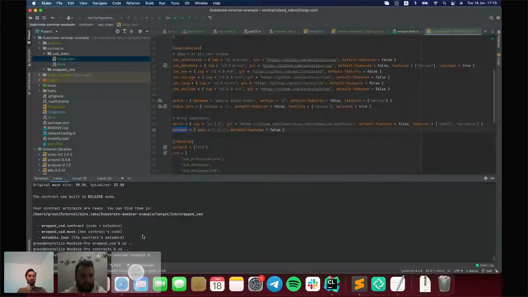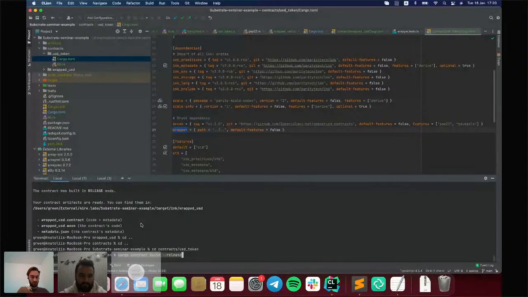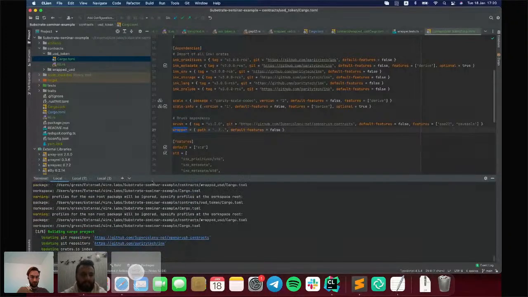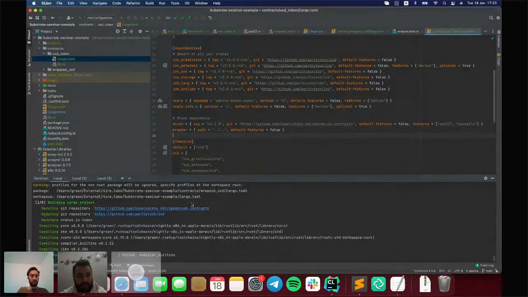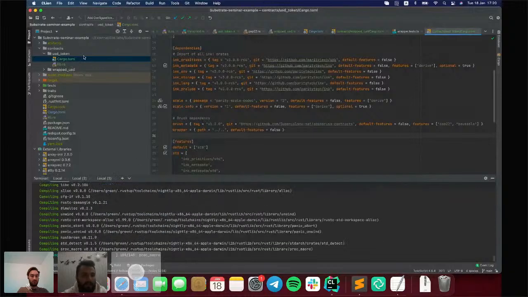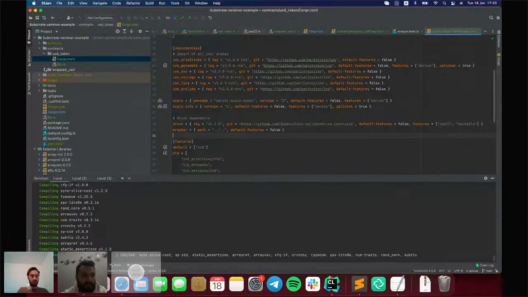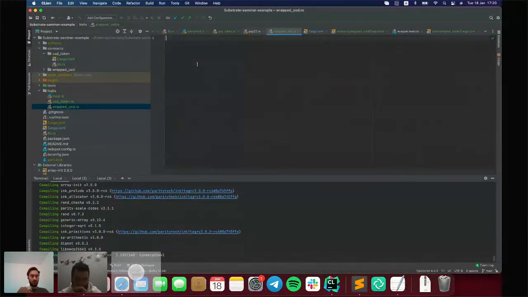Now we can try to build USD token. Okay, it requires some time. And let's continue with wrapped USD.